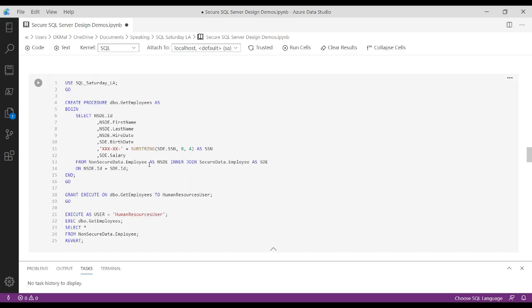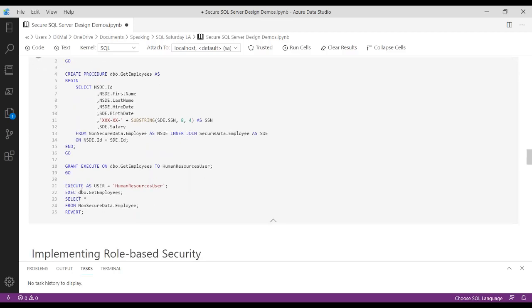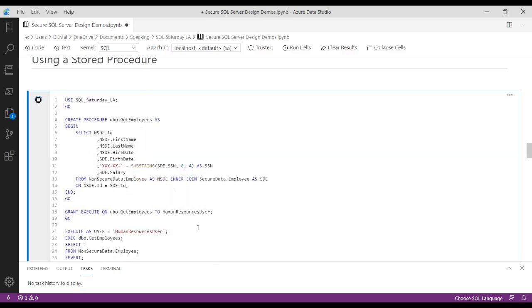And so I'm simply taking the same logic that I had in my view and encapsulating it in a stored procedure. Now, realistically, if this were a stored procedure that I were writing for a real application, I would likely put in some parameters so that I'd be able to filter it dynamically, or at least filter it on the employee ID, maybe the employee last name, to make this a little bit more general purpose than a get all. But in terms of a quick demo for a talk like we're having here today, you can see the general picture, right? So we have our dbo.GetEmployees procedure,